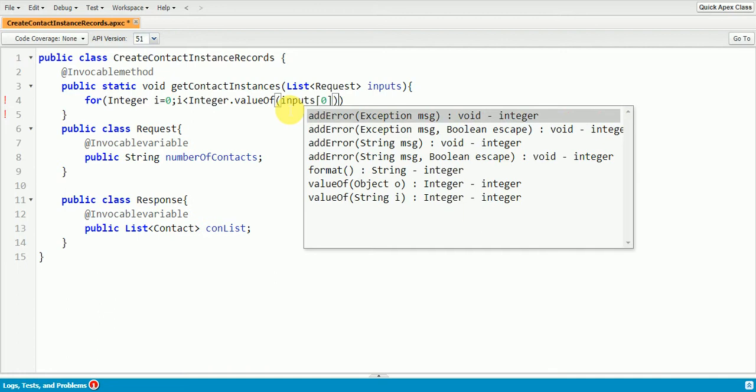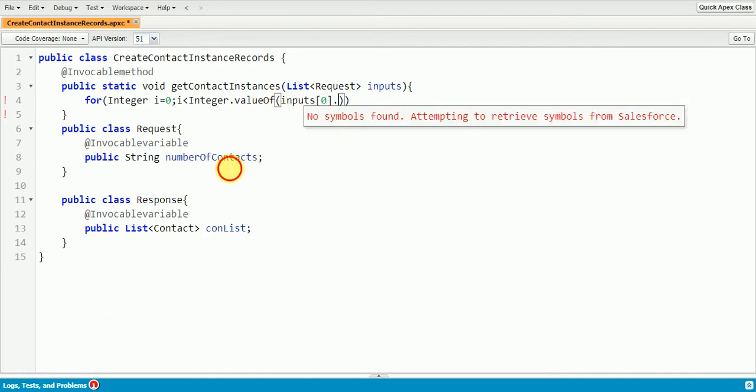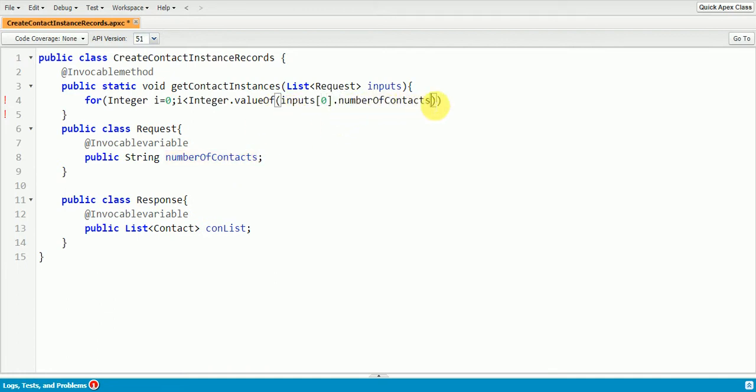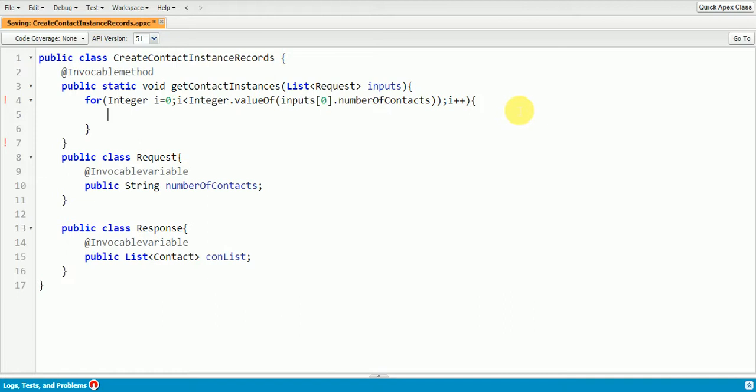dot numberOfContacts, and the last step is i plus plus. Yes, so we are converting the string into an integer and getting the number of contacts value here. I think this is not required here. Yes. So inside this, I'm going to create a contact instance. So I'm going to just create a contact instance equal to new Contact,